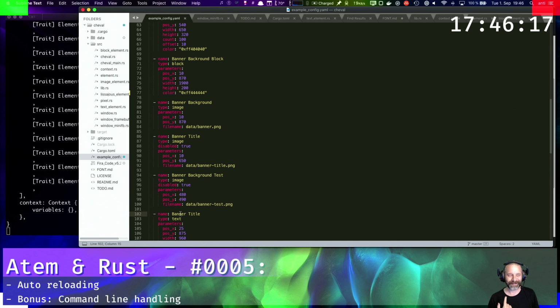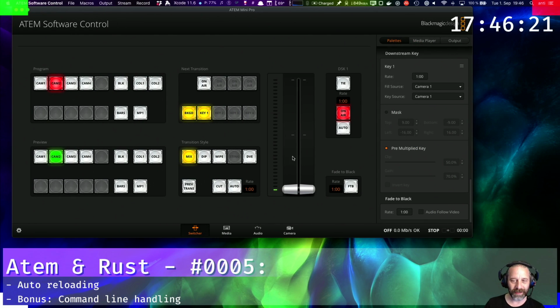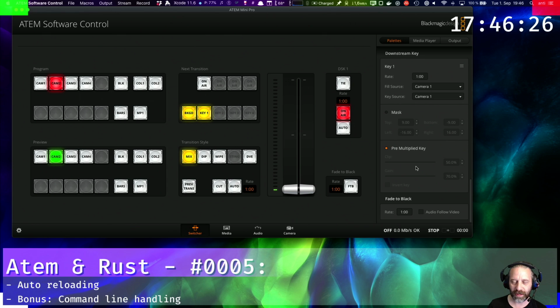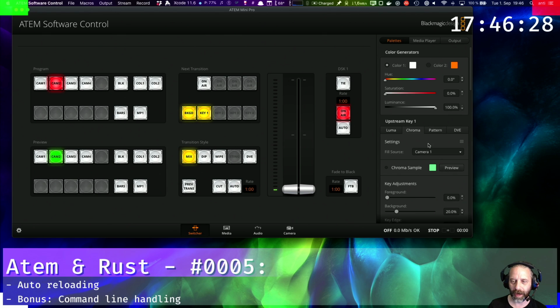Can you see? It's making me happy. And the other nice side effect, by using the downstream key for the overlay, that frees up the upstream key. And if I go to, let me real quickly, so